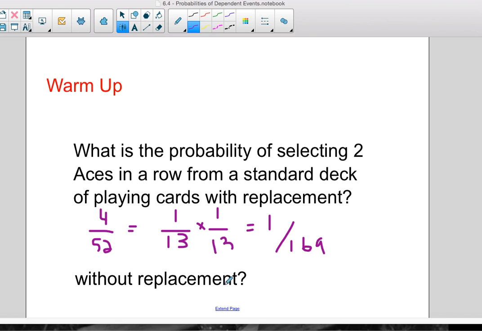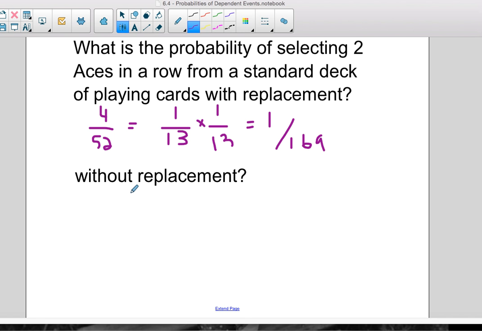Not good. Now, if you don't replace it, so if you take out the ace, the first card that you get is still a 1 out of 13 chance that you'll get an ace. Now, it's really 4 out of 52 if you think about it. It just reduces to 1 out of 13. So it's 4 out of 52. But